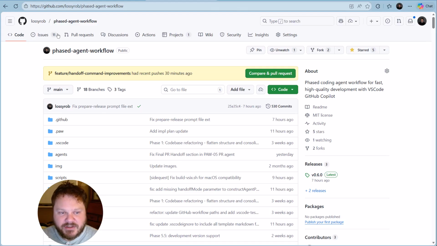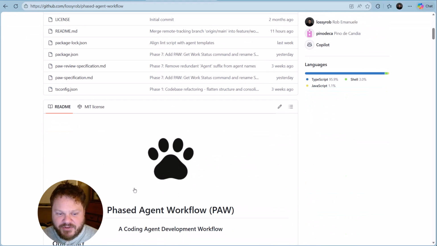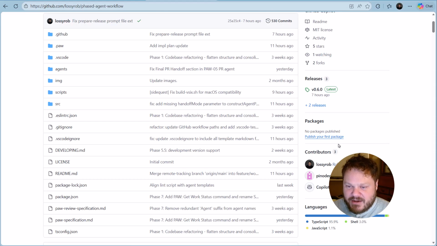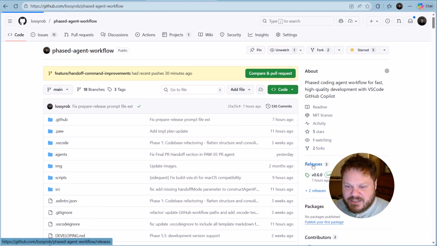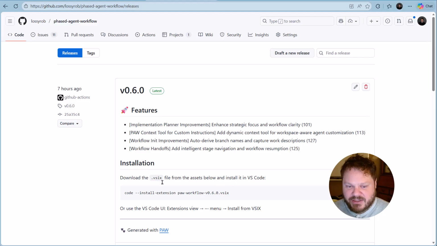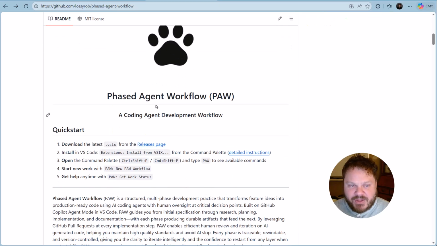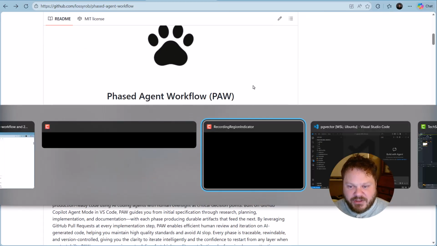So getting started, the first thing to do would be to go to Lossy Rob, Phased Agent Workflow, right? There's a quick start here that will show you how to install the VS Code extension. It's not in the marketplace yet, but you can go to the releases and then just download the latest release and install per the instructions. And then I'll switch over